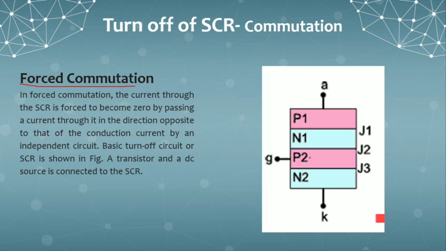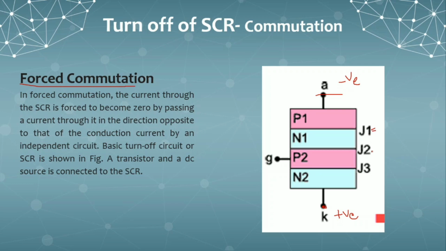So, there is one more technique where you reverse bias the junctions. Here the anode should normally be connected to the positive terminal. Here I will connect it to the negative terminal, and the cathode I will connect to the positive terminal. I can say the device is now reverse biased.